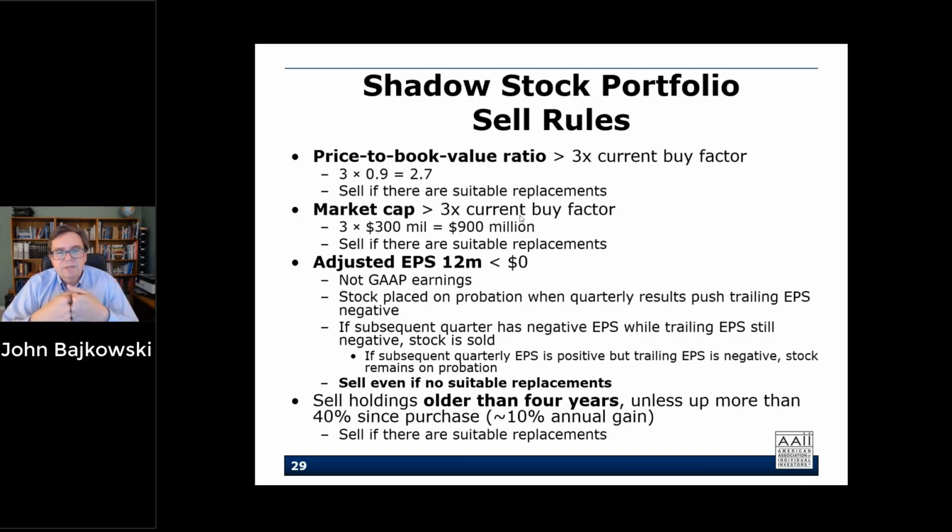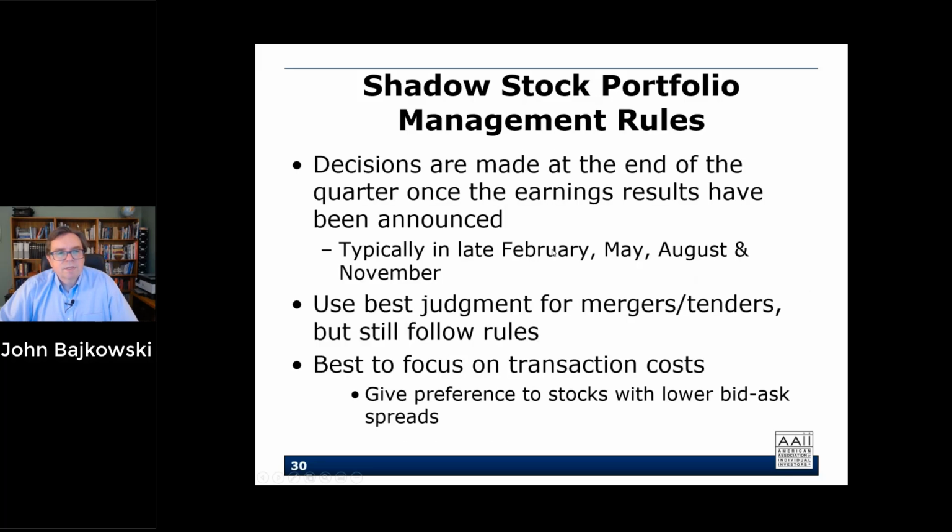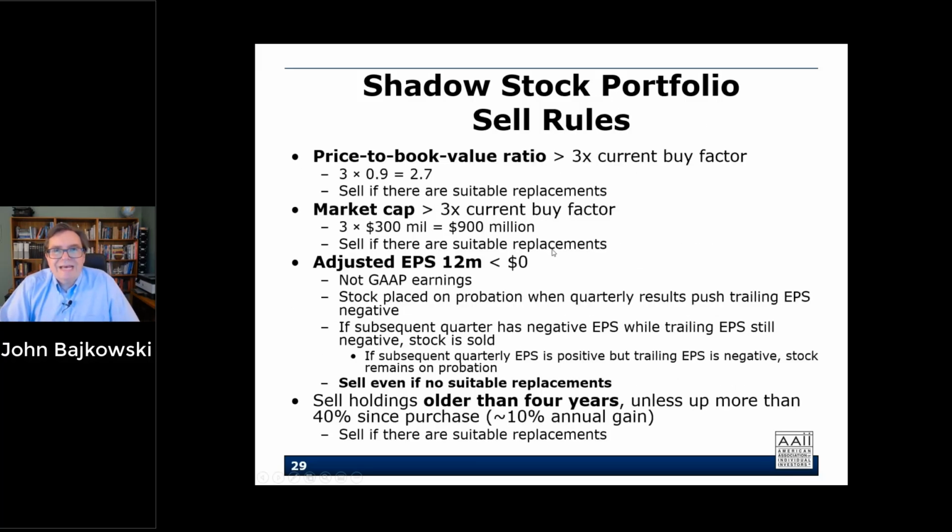The same is true for market cap. Right now, our maximum that we consider for including is 300 million, but we let that market cap run to 900 million before we sell it. We let it almost get into that mid cap range before we consider selling it. We also sell for negative reasons. So if a stock has negative earnings,